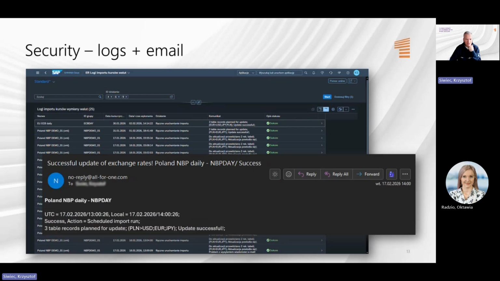So I have emails when there is error, but I can also ask for emails when there is a success. So then I receive the emails when there is a success. And for example, if somebody switches off jobs that are scheduled in the system, I won't receive them, so I will know that something is wrong, that the data is not updated anymore.